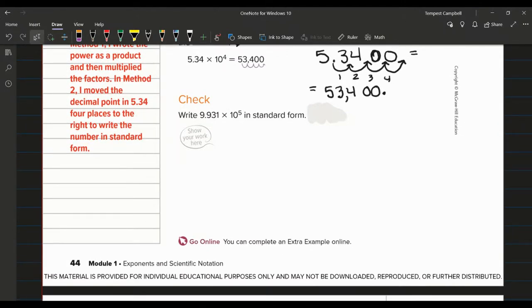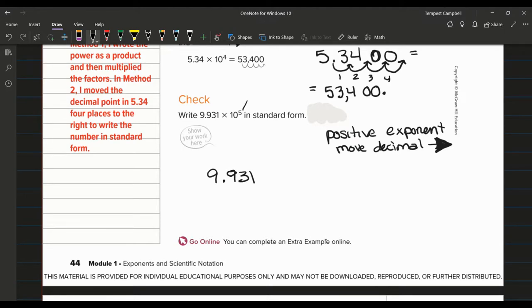Now that you've tried the check, remember when we have a positive exponent, we move the decimal to the right. So maybe I'll write: move decimal to the right. To the right. All right, so that means if I have